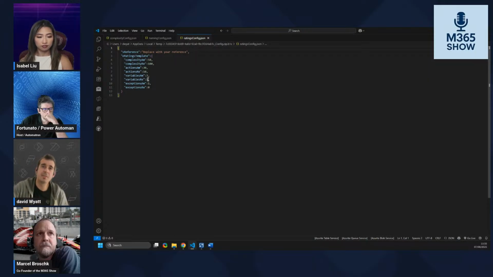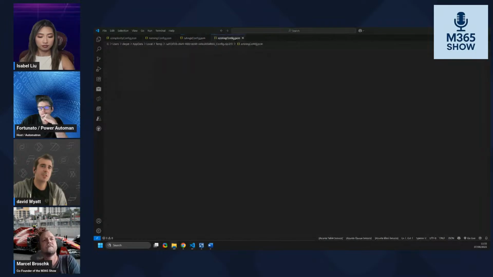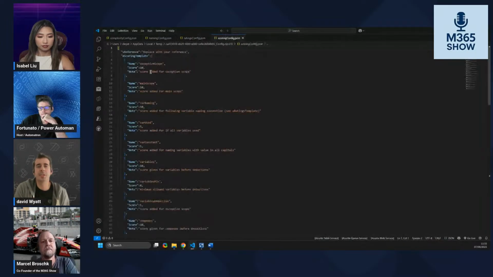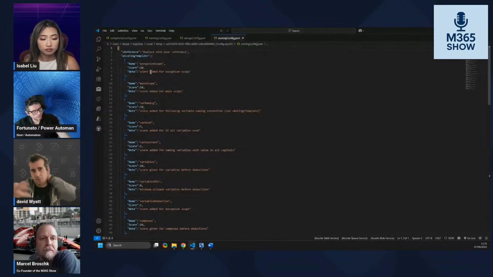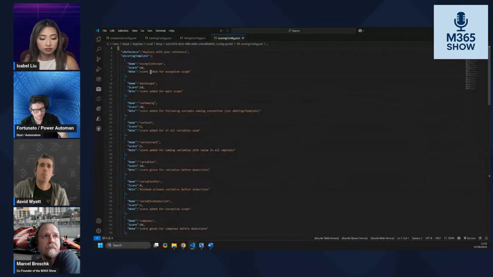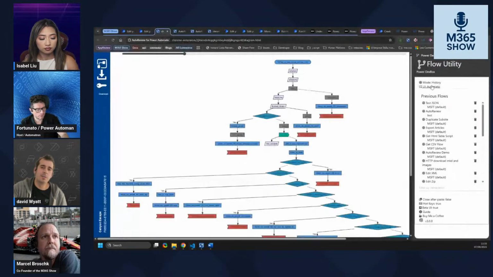So you've got these kinds of configurations, and you can weight these in your scoring matrix as well. I can set, if it doesn't have an exception scope, how many points does it get? And then that's the 100 points. So you can weight how you want to do your scores to make it a little bit more convenient to your requirements. But the standard things it looks for are environment variables, variable naming.